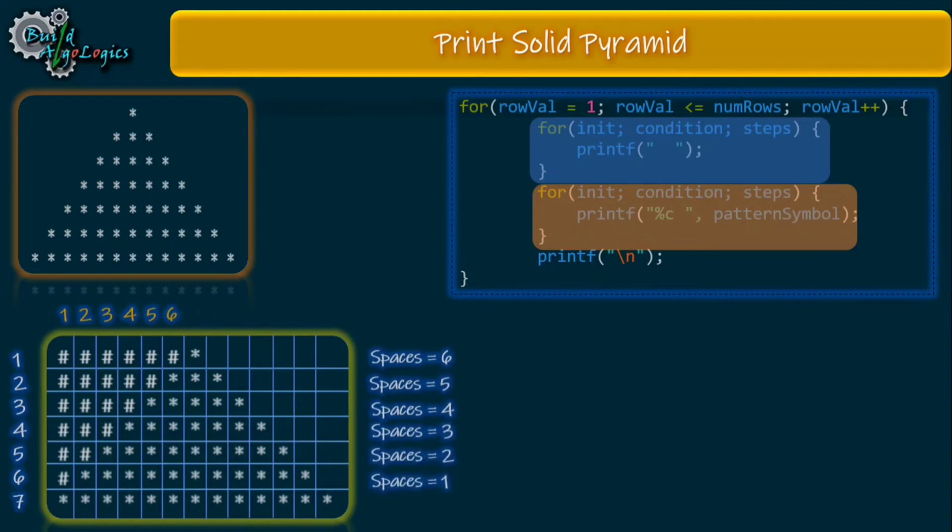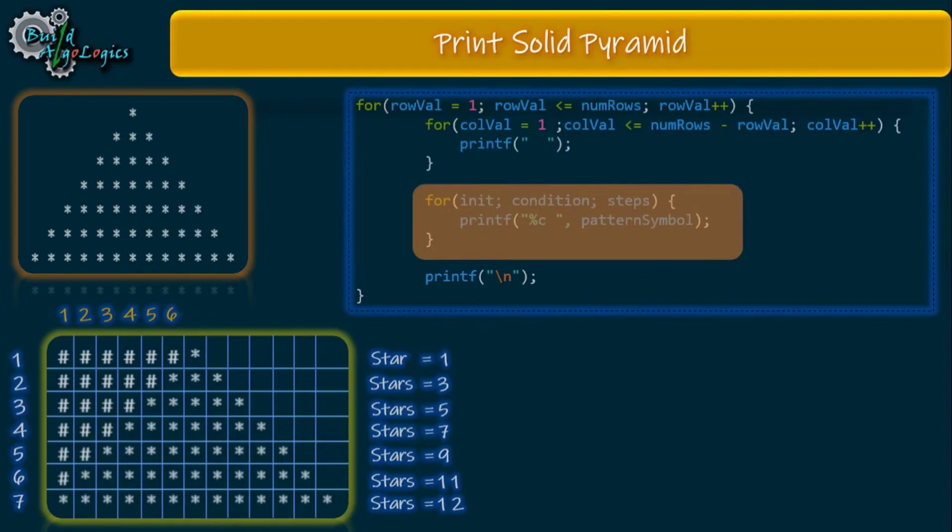So as we already derived this condition in our previous tutorial of right-sided triangle, we'll use that condition here also. That condition looked something like this. Here as number of rows is 7, for the first row this condition will allow our inner loop to run 6 times, as 7 minus 1 is 6. And similarly for the second row, the inner loop will run 5 times and so on. And this is the behavior that we also want here. So this is our for loop for printing these spaces.